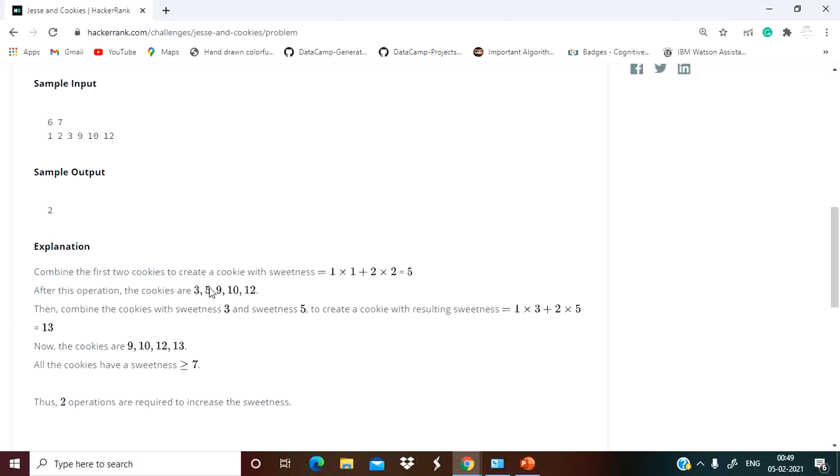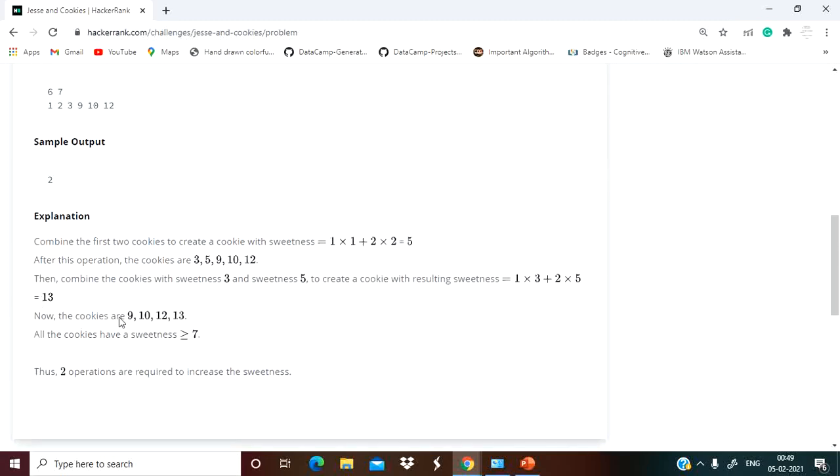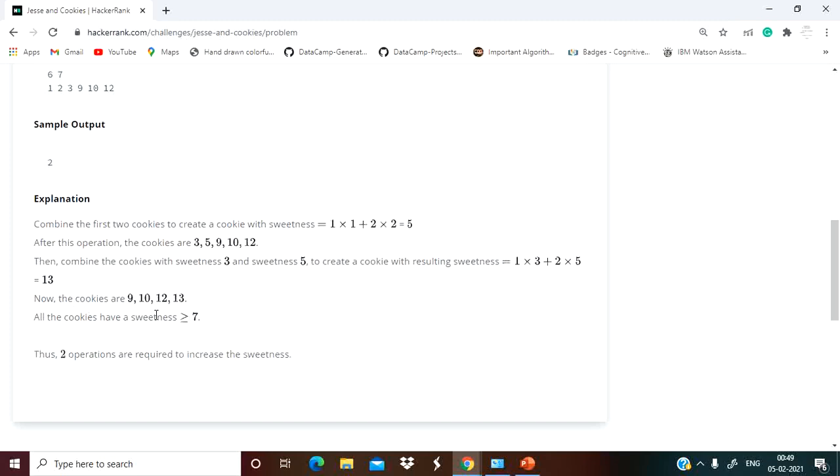In this new array, you can see 3 and 5 are not greater than or equal to 7. So again he will apply the same operation, that is 1 times the least cookie, 3, plus 2 times the second least, that is 5. It is going to be 13. Now the set of cookies is 9, 10, 12, 13. Now you can see that all the values are greater than or equal to 7.